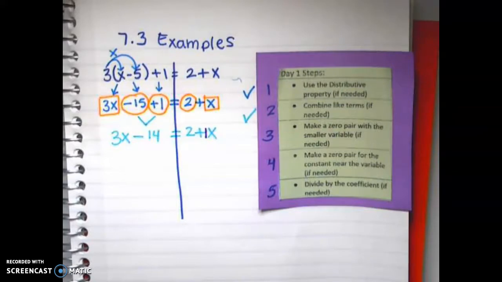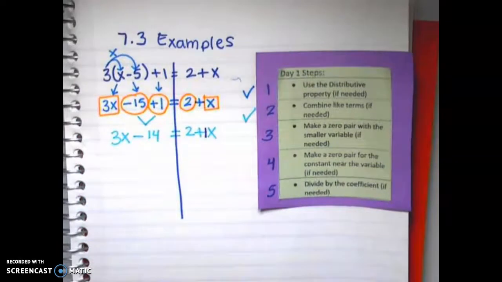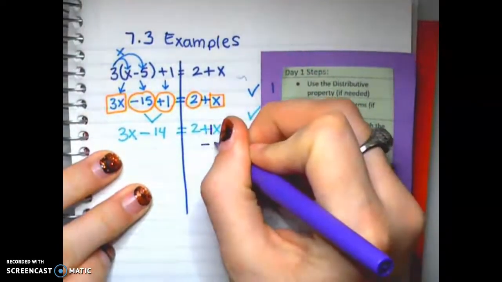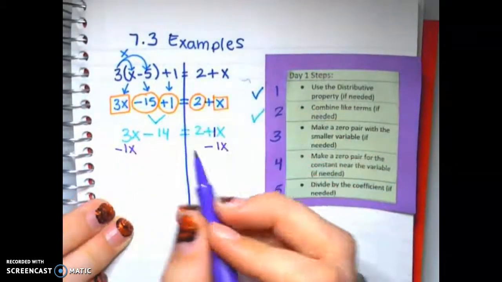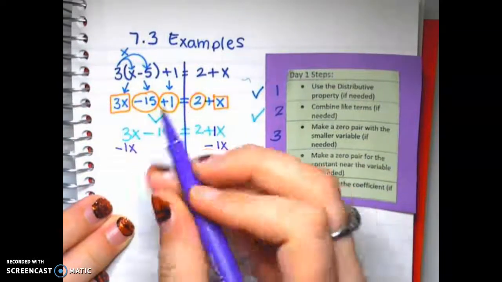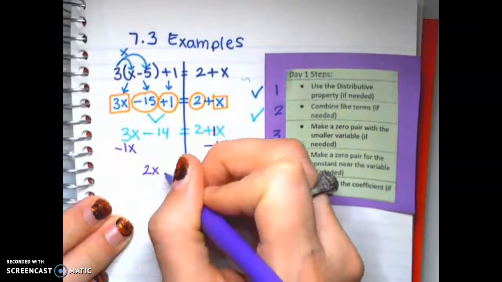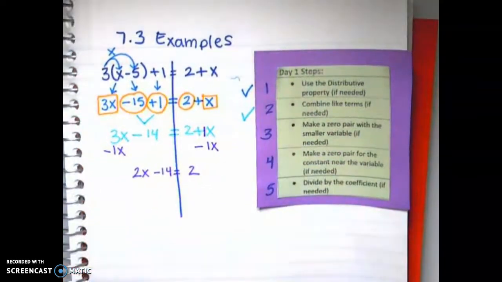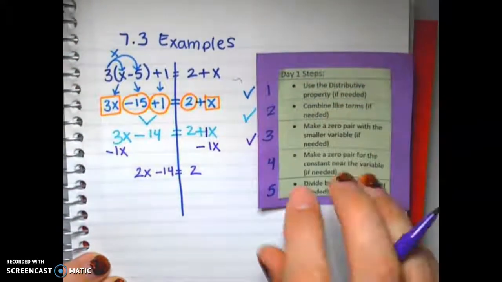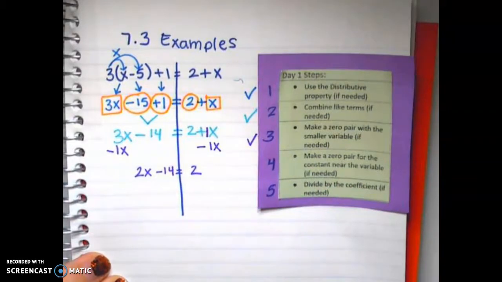So we've got to make a 0 pair with the smaller variable. 1 is definitely smaller than 3. So I am going to subtract that 1x from each side. Alright, so I'm going to rewrite everything. 3x minus 1x gets me 2x. And then we bring down that -14 equals 2. Step 3, complete. So now I'm on step 4, make a 0 pair for the constant near the variable if